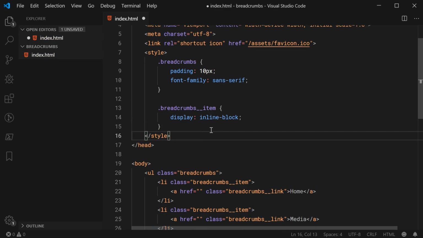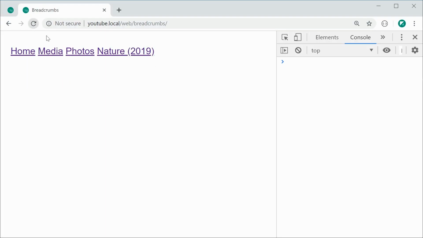So now saving this and refreshing gives us this right here. So obviously we're getting closer, we've got the base structure going. We can now work on creating the dividers between each one of these items. This is very straightforward using CSS. So back inside here,